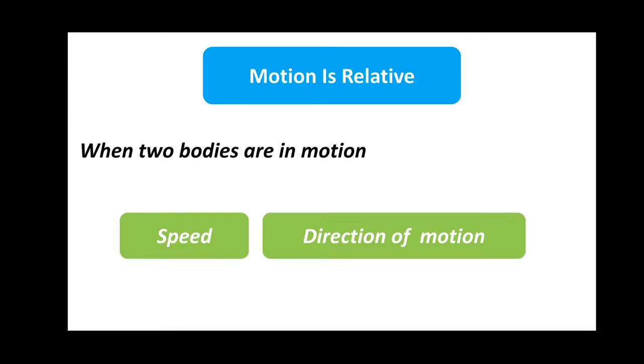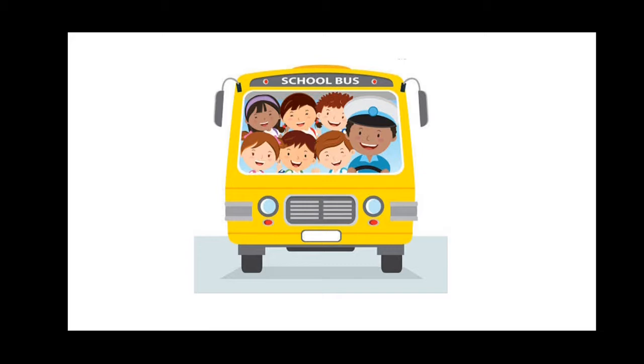For example, when we travel in a bus, our body also moves in the same direction and at the same speed as that of the bus, right? However, we do not feel that our body is moving so fast as that of the bus, but actually we are moving that fast. Now, why are we feeling so? It is because our body does not change its position with respect to the surroundings such as the seat of the bus or any other part of the bus